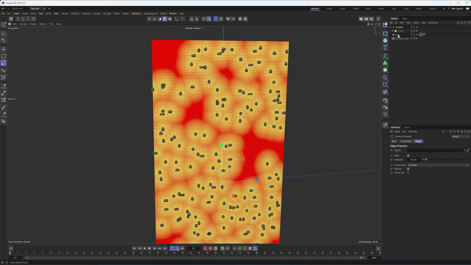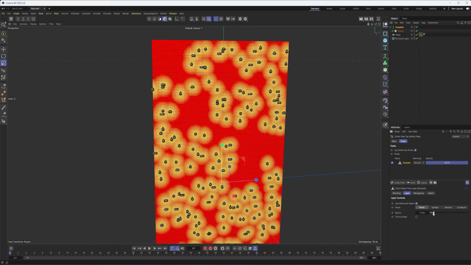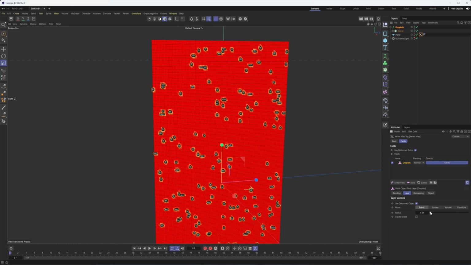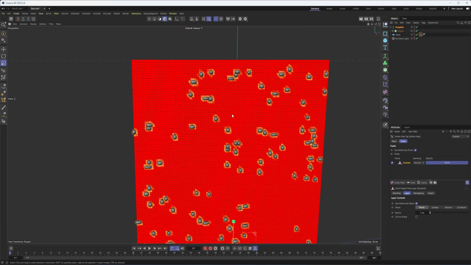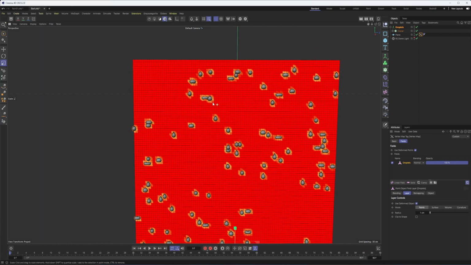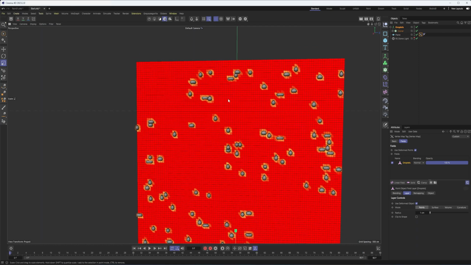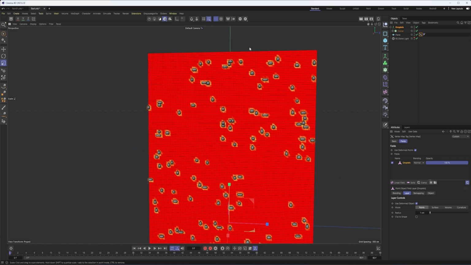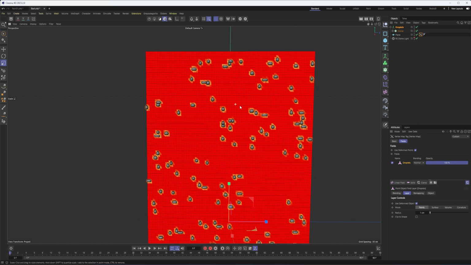Okay, now they're way too big. And so to turn the size down, I'll select the droplets, the connect object that got added to our fields here. And I'll keep this with points and I'm going to just lower that radius. Now, how low we can get away with this radius has to do with the size of our droplets or condensation or whatever you want to call it, along with the amount of polygons we have in our plane, right?